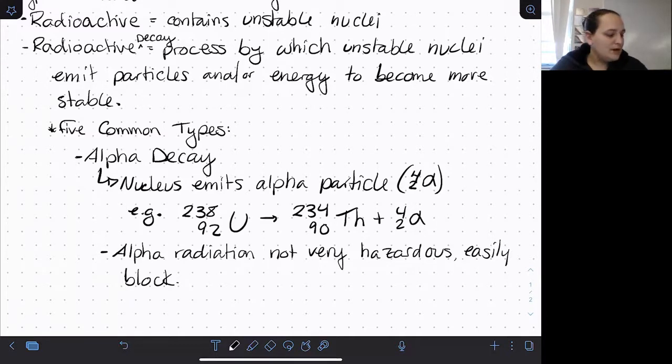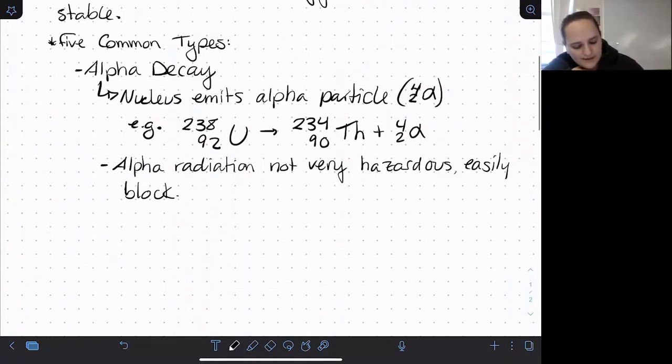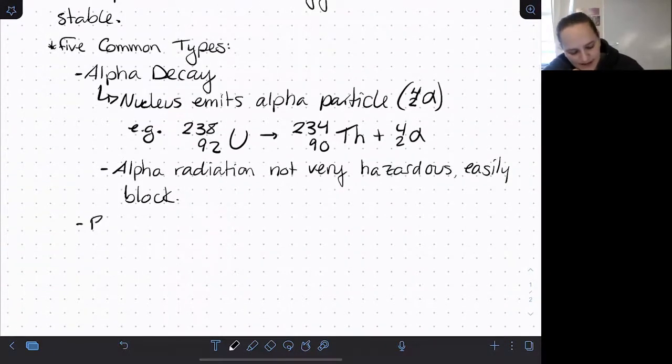Now, it can be accompanied by other more harmful types of radiation. Many things do more than one type of decay simultaneously. So something that's an alpha emitter might also emit other types of particles or energy as well that can be more harmful. But alpha decay by itself is usually not dangerous, unless it's somehow internal, unless the source of radiation is actually inside your body. Next up, we have beta decay,